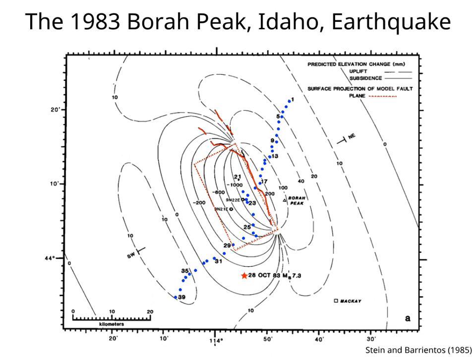The dashed contours are uplift, and the continuous contours are subsidence. The footwall block exhibits uplift, with a maximum of about 20 centimeters near the fault, and decreasing to 0 to the northeast. The hanging wall block exhibits subsidence with a maximum of 1.2 meters near the fault and decreasing to